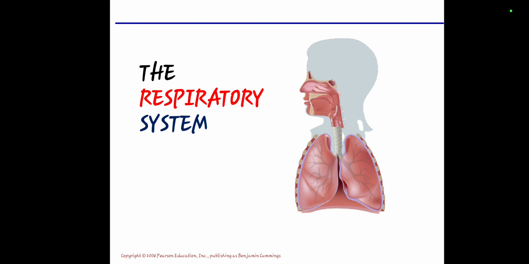Before we discuss, and we will be amazed by this kind of system, let's answer first the question: what is the respiratory system? When we say respiratory system, it is basically the network of organs and tissues that help you breathe. For example, when you are inhaling and exhaling, that is a good example of the function of the respiratory system.